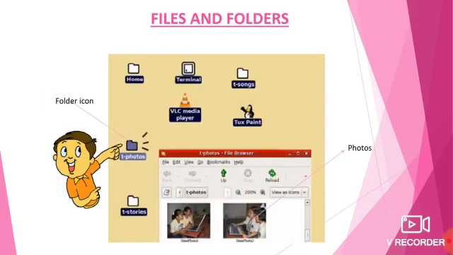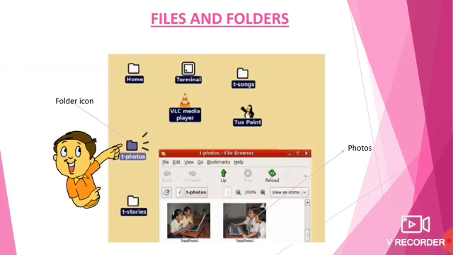Okay, so before moving to the concept, we already know the computer stores a lot of information, isn't it? So if you want to play any song, where will that song be? It will be in the computer. So how is it stored? Do you know anything about that? No, we didn't know. So that alone we are going to learn: how we are storing that and how we are properly arranging everything on the desktop.